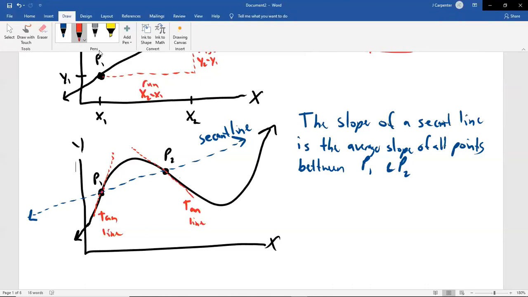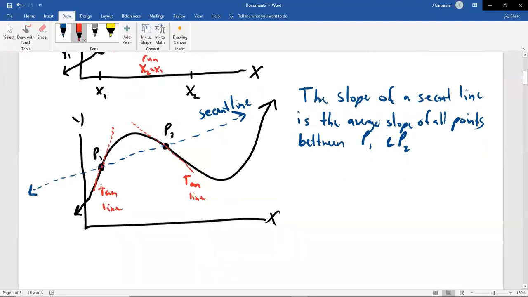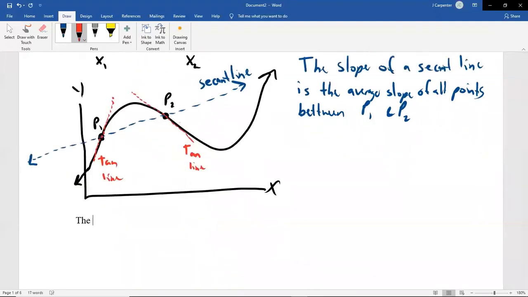So that's a good starting point for getting into calculus, which is trying to find the slopes at these singular points, to find the slopes of these tangent lines instead of using secant lines. So the slope of a secant line, this is what we call our average rate of change. So the average rate of change from P1 to P2